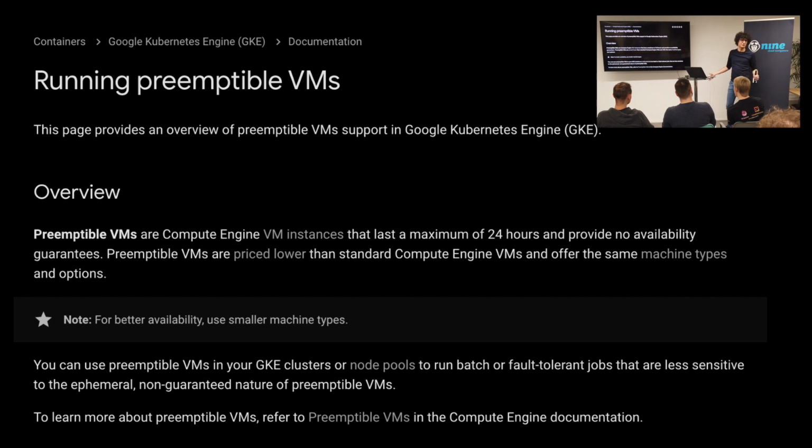You would be screwed. Your data, you have to run fsck on your volume. So don't do that. This is interesting because if you architect your platform somehow, you might be able to run on this. And it does give you a considerable saving. I think it's about half the price of normal ones.